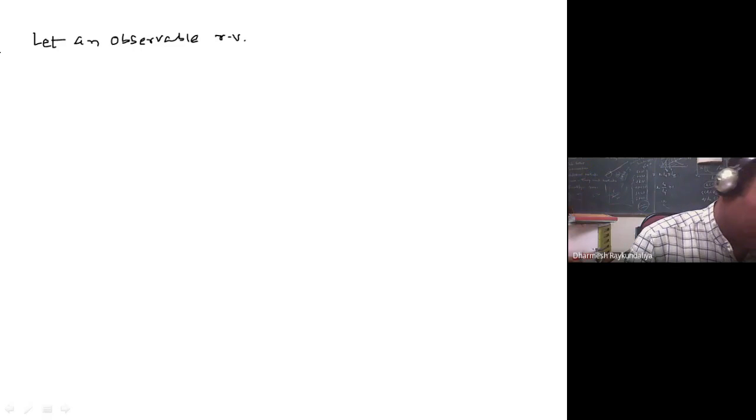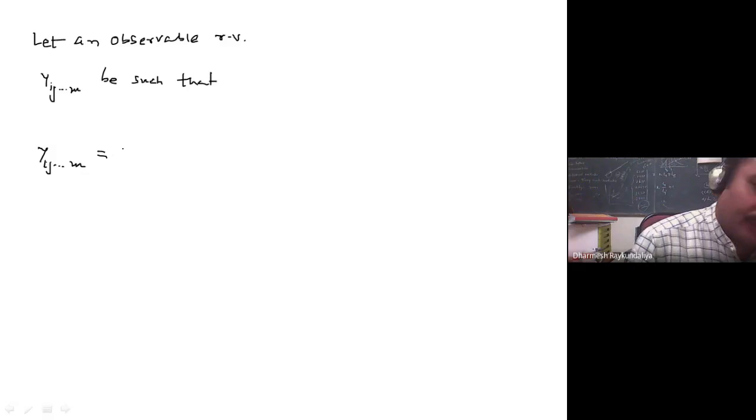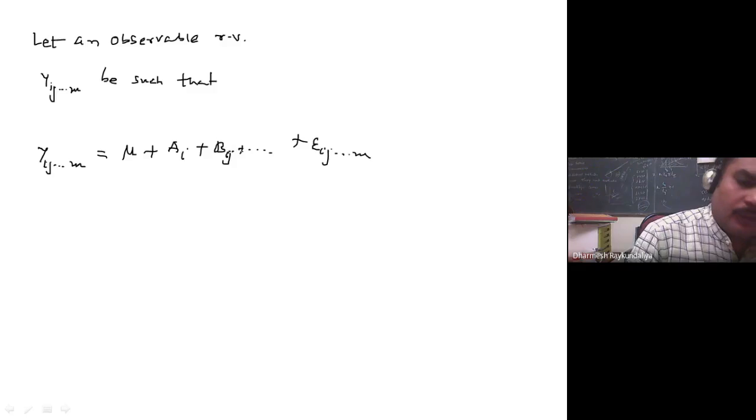In general, let an observable random variable y_ij up to m be such that, so i is one factor, j is another factor, let us say there are m factors, such that it can be written as mu plus a_i plus b_j plus b_ij plus up to epsilon_ij up to m,